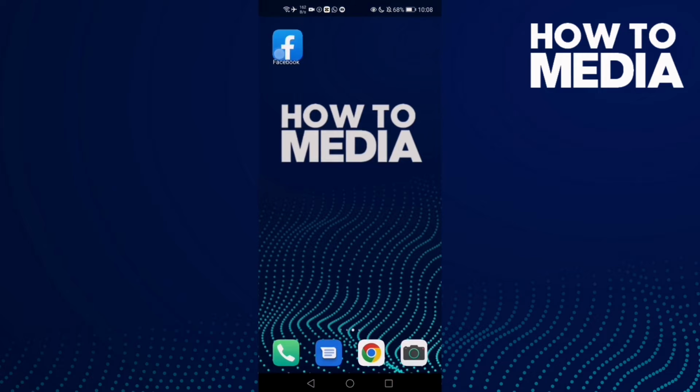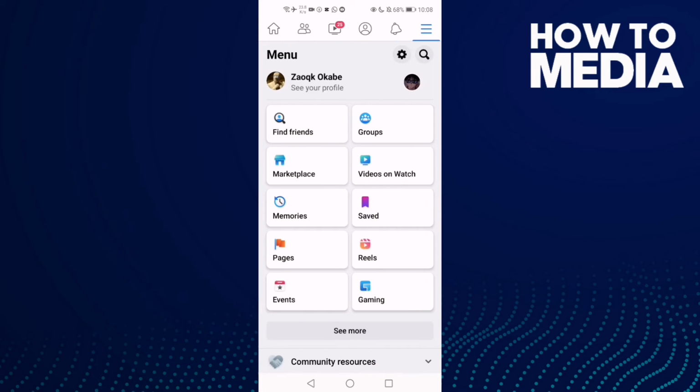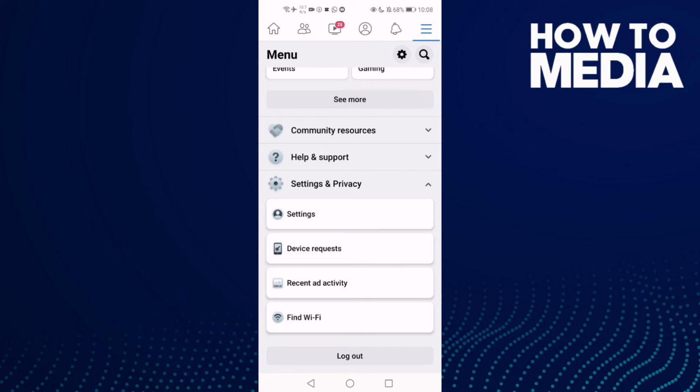First thing you're gonna do is go to Facebook, and then click these three lines here in the top corner, and now just click this one, settings and privacy, and after you click on it you will find this one, settings,